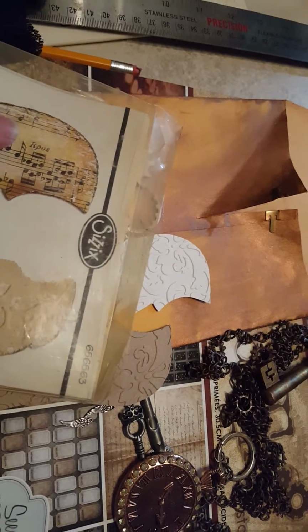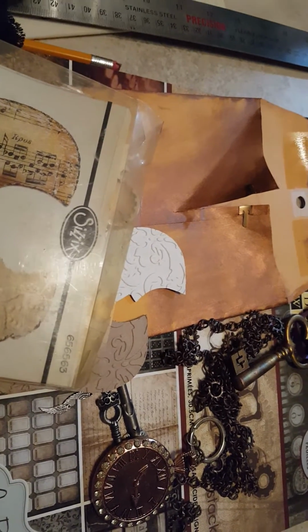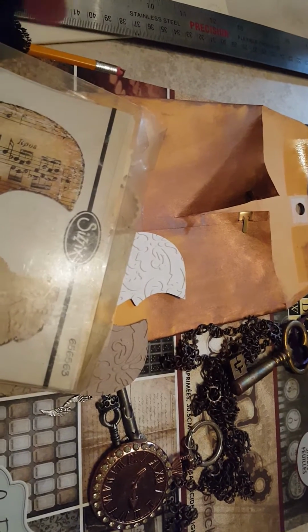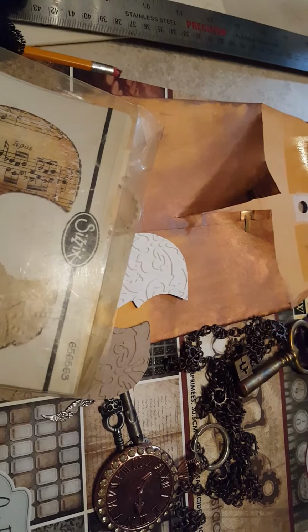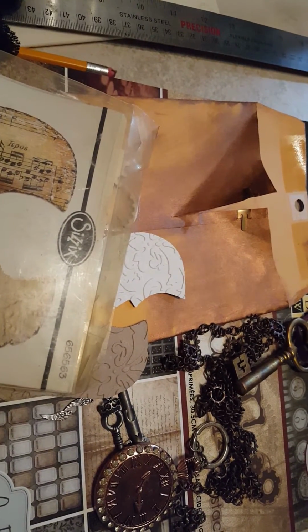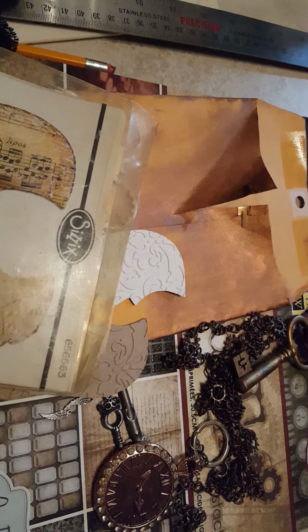So today I thought I'd stop by and share a little teaser of what I'm working on. I am actually working on my first ever loaded envelope, and it is for a swap. It's for the Facebook group by Bori, and it's called Creando con Ellas. That's the Facebook group. And I signed on to a Christmas loaded envelope, and